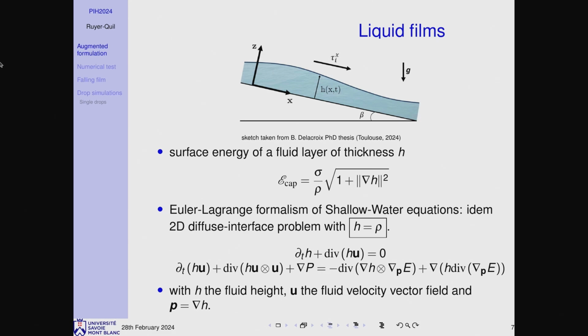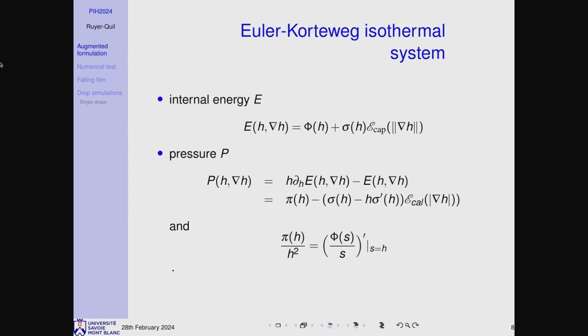So for this inviscid case, you have shallow water equations, including surface tension terms in this way. People refer to this problem generally as an Euler-Korteweg system, isothermal because there is no energy equation here. And we can make this very fundamental by considering these fundamental expressions where phi corresponds to a potential energy, gravity